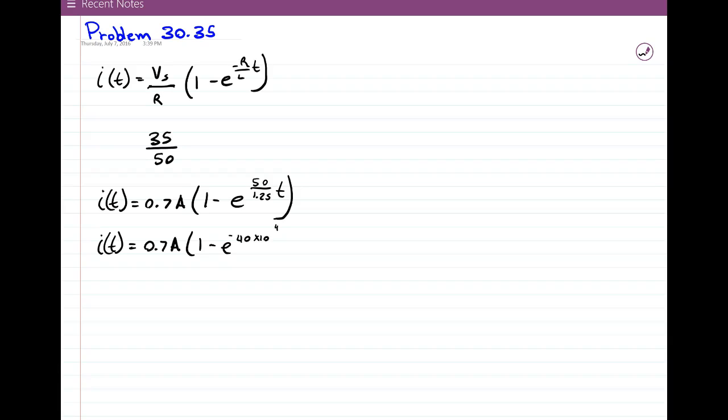Now, they want to find the time when the current is 1/2 of its maximum value. Can you tell me by looking at this equation what the maximum value of the current is? 0.7 amps. Right. And when does that occur? A long time after that switch is closed, the current will reach its maximum value of 0.7 amps, right? And we want to find out how long after the switch is closed that the current is equal to 0.35 amps. So you plug in 0.35 amps there,